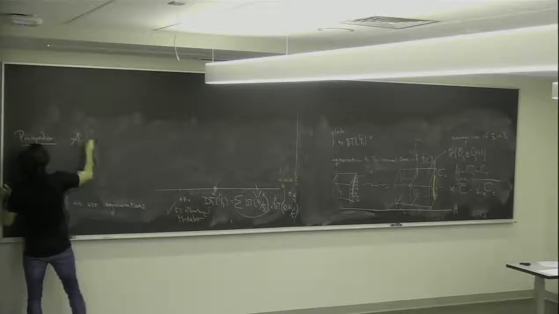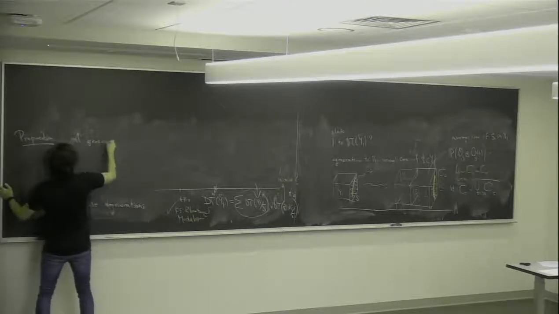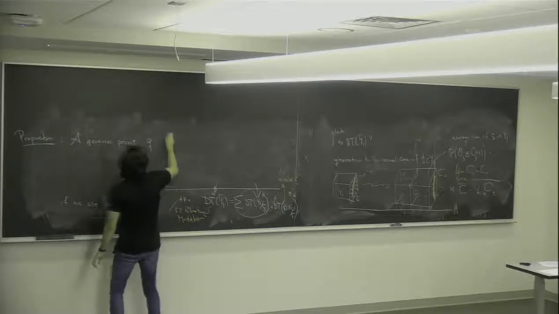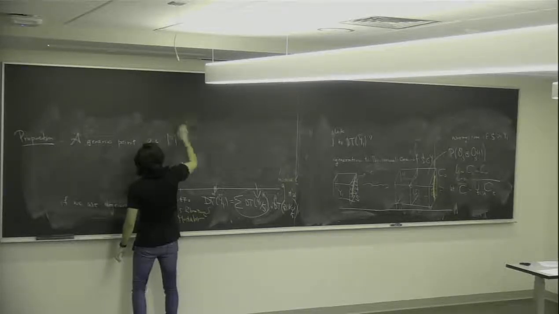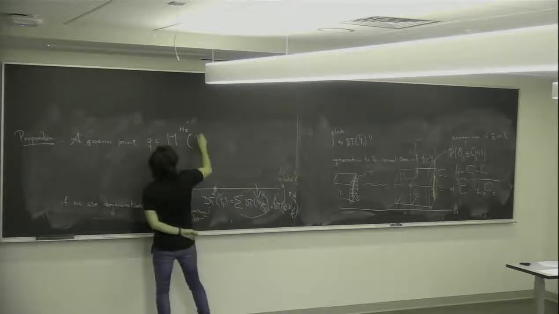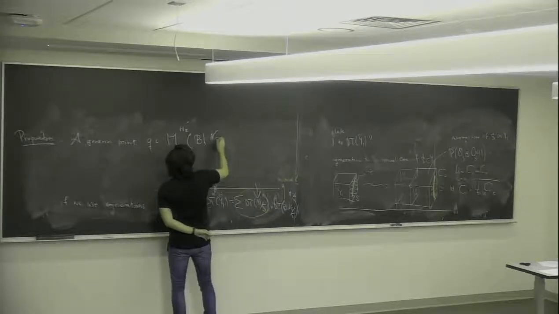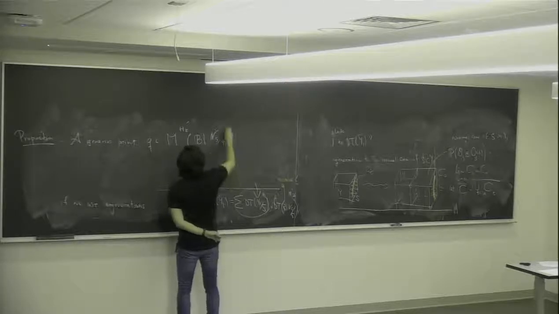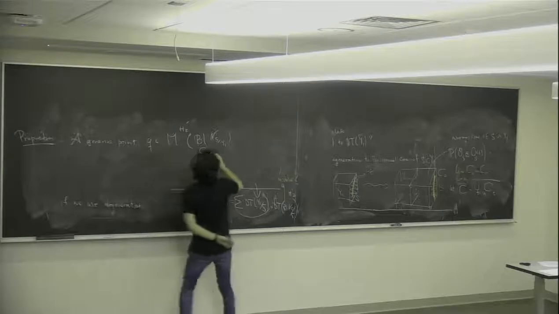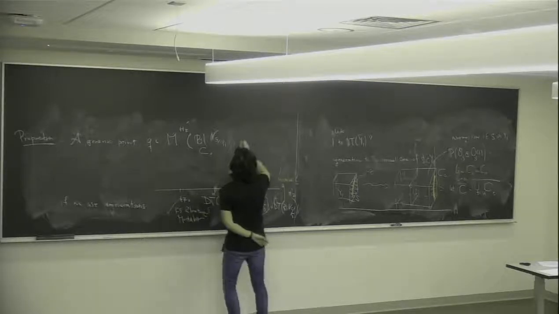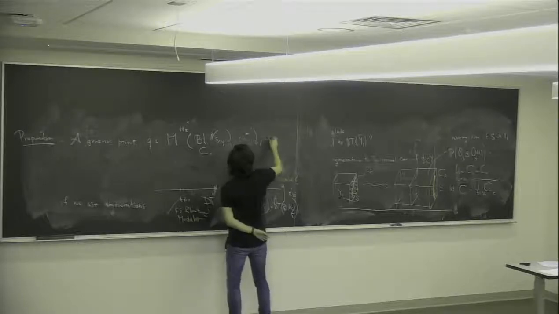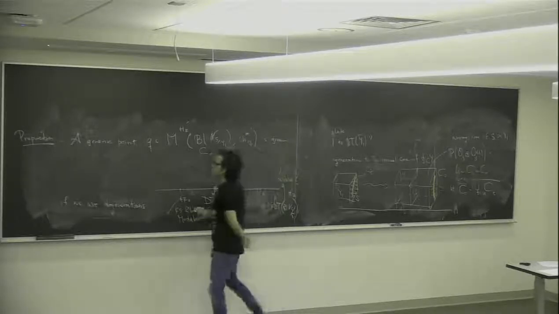A generic point Q in the moduli space of H2 prime stable sheaves on the blow-up of this normal cone, so this is the normal cone of S inside Y1, blown up along this curve C, of sheaves supported on here with some Chern character star prime 2,